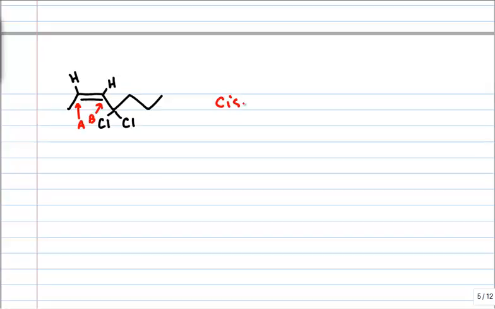Now, once we do that, something becomes very clear, and what becomes very clear is that this is the cis isomer, because those two hydrogens on the carbon-carbon double bond are on the same side of the double bond, and they are locked on the same side of the double bond. Well, we got that taken care of. Let's just proceed. Again, let's just number the chain. It looks like a double bond is always at carbon 2. That's not the case. It just happens to be in the examples I've done today, but let's just go with it. 1, 2, 3, 4, 5, 6, 7, and these are our old friends chloro, and there's 2 of them,